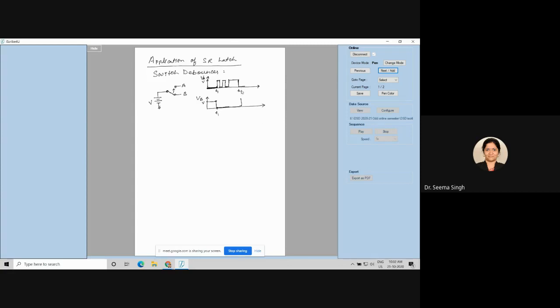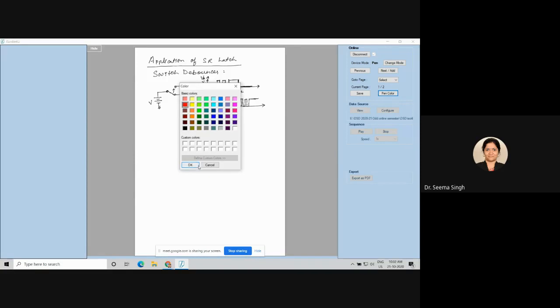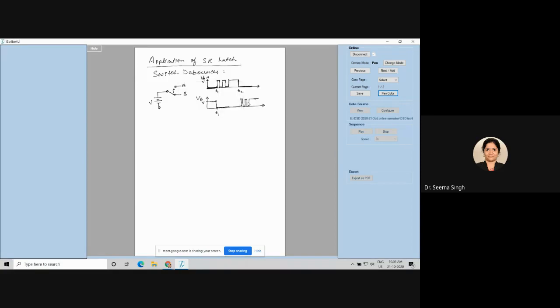It has left VA, it will reach VB, and what will happen? It will go bounce, again go bounce, again go bounce. For VA it will be all the time 0, but for VB it will be 1 after this bouncing. So what is shown here, this bouncing is making it unstable. This bouncing and this bouncing, this is the problem of switch debouncing.